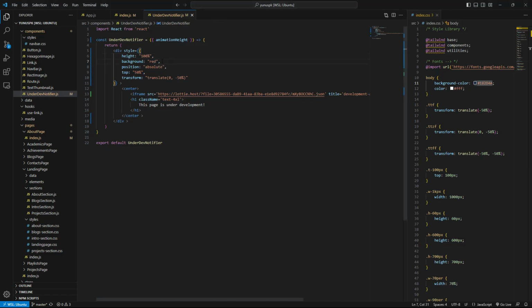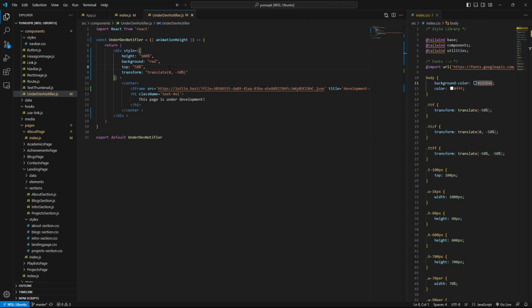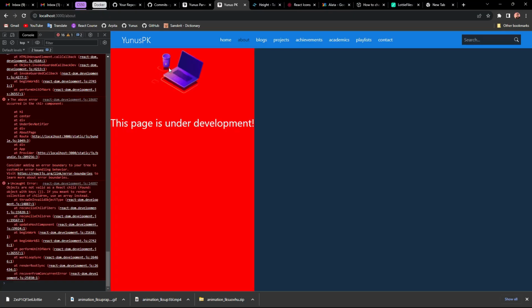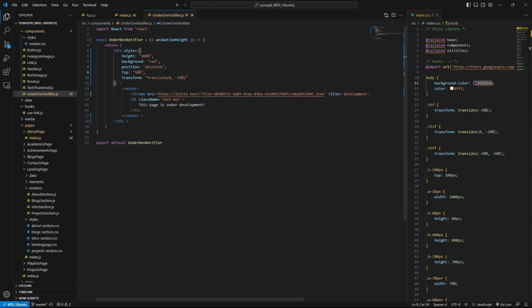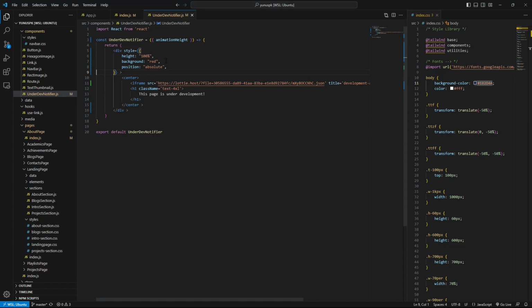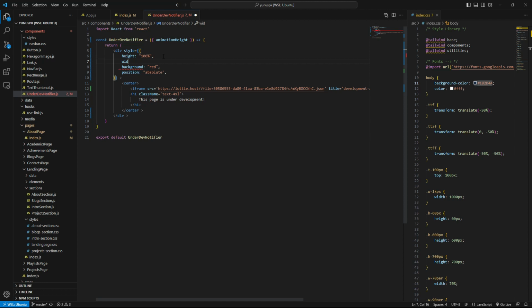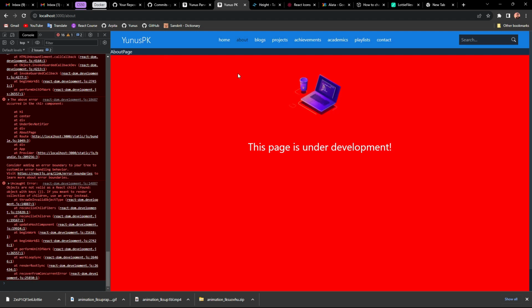Okay, that's good. The position absolute shouldn't be there, I guess. If that's not there, okay, that's the point. It has to be there, absolute. But top 50%, and this is not needed there. Height is 100%. Width gonna be 100% as well. I'm not using a separate CSS file here because I guess like this is fine. Okay, now it's in the center.